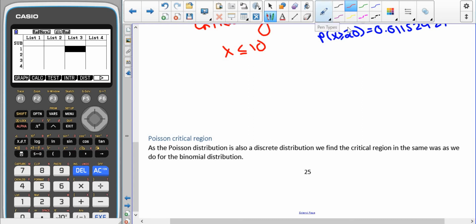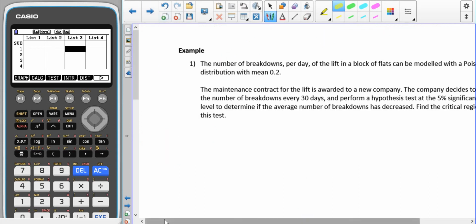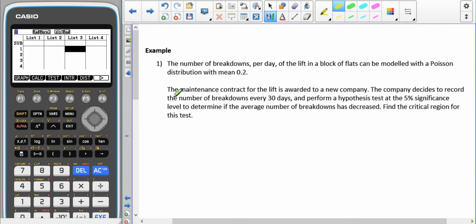So now we're going to take a look at Poisson critical regions. As a Poisson distribution is also a discrete distribution, we find the critical regions in the same way as we did with the binomial distribution. So we're going to have a look at some examples. Again, like I said, it works very similar. And again, if we go to Poisson, we have an inverse Poisson that we're going to be using to help